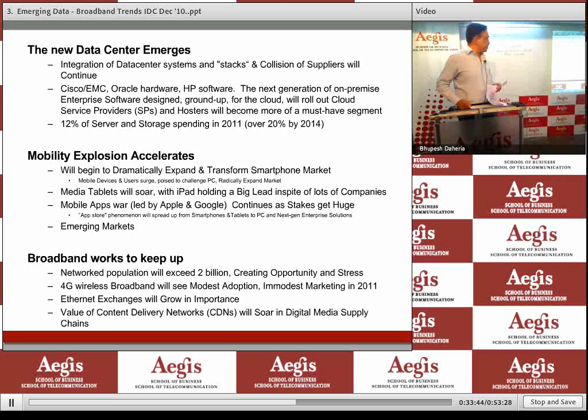So I think we talked of the mobility explosion and the broadband changes which will come, or the growth which will come. What is very, very important is that when the world is talking, we are not talking of teras or petas or exas, but we are talking of zettabits of information in total at the global level. So the digital universe of